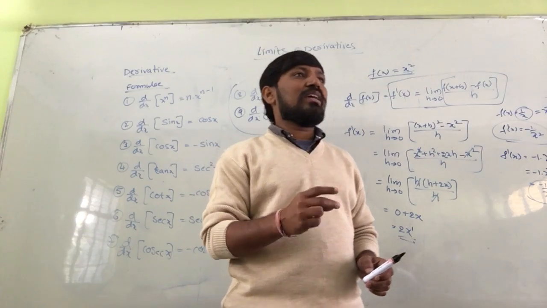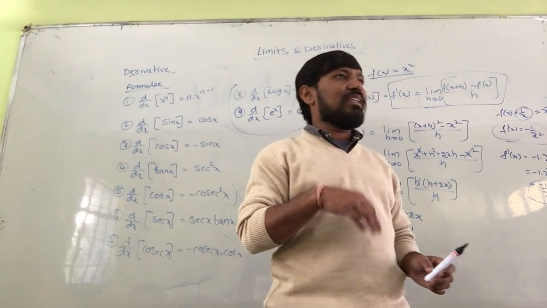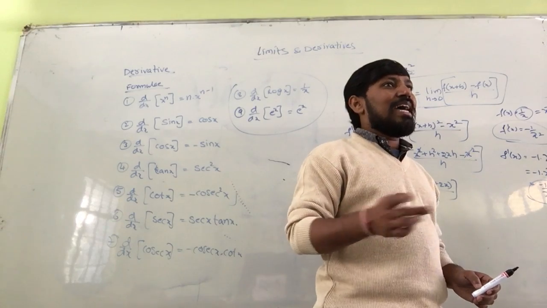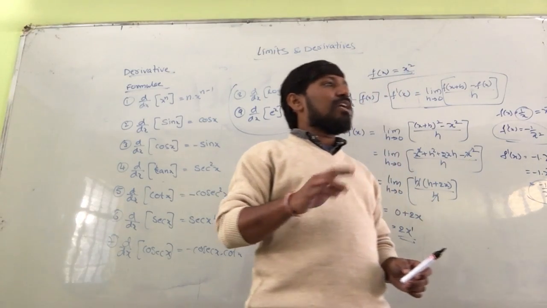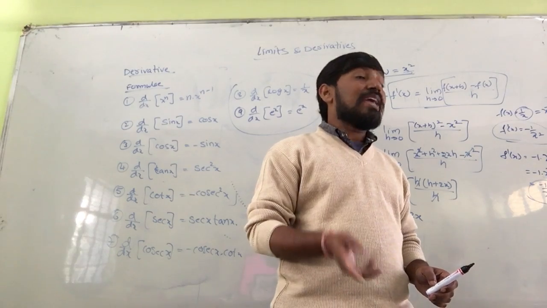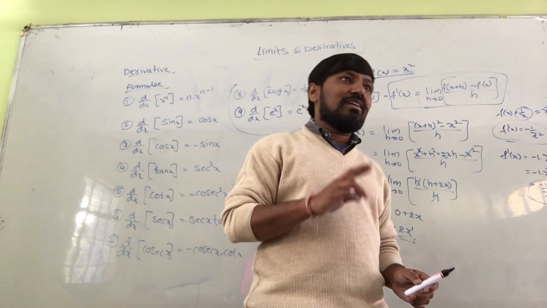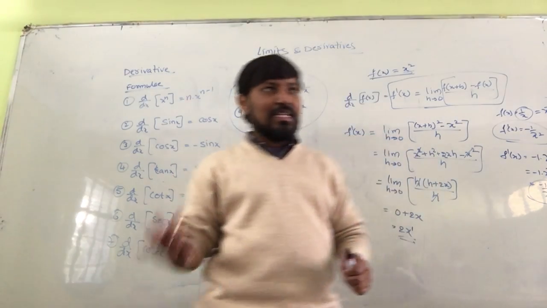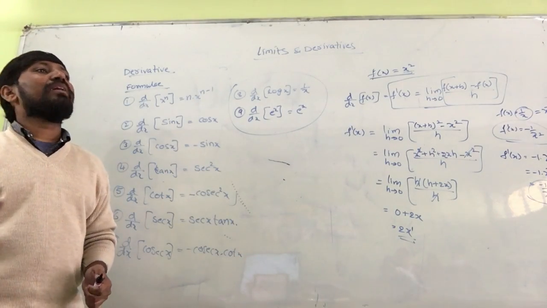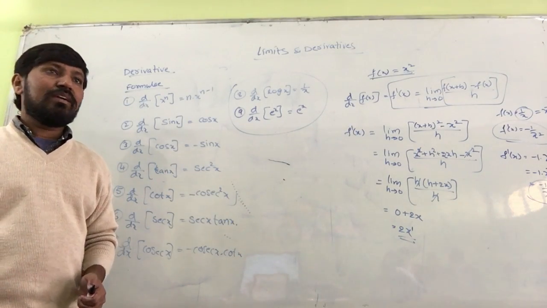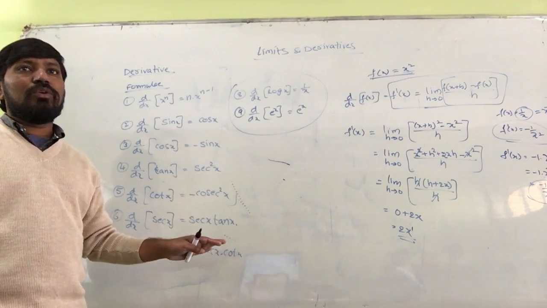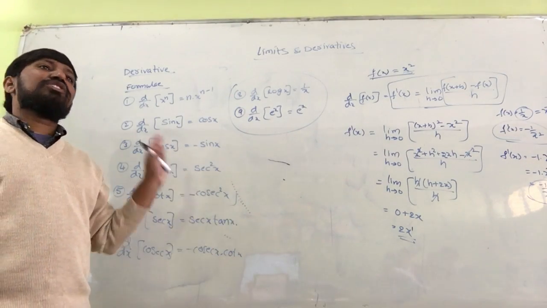Sin 2x is 2 sin x cos x; cos 2x is cos square x minus sin square x, 1 minus 2 sin square x, 2 cos square x minus 1. Tan 2x, in terms of tan, in terms of sin, in terms of cos. Sin 2x in terms of tan, cos 2x in terms of tan, tan 2x in terms of tan. These should all be in your mind. Okay? So these are the main functions whose derivatives are useful to you in this chapter.